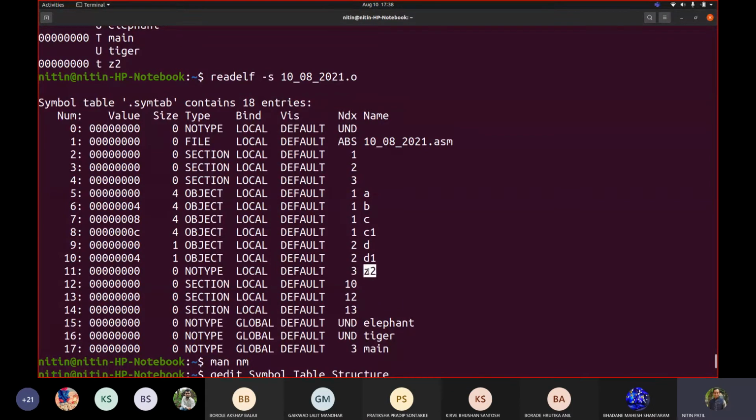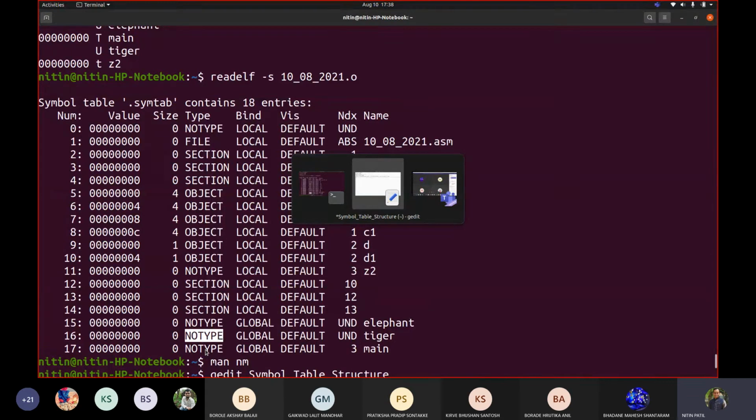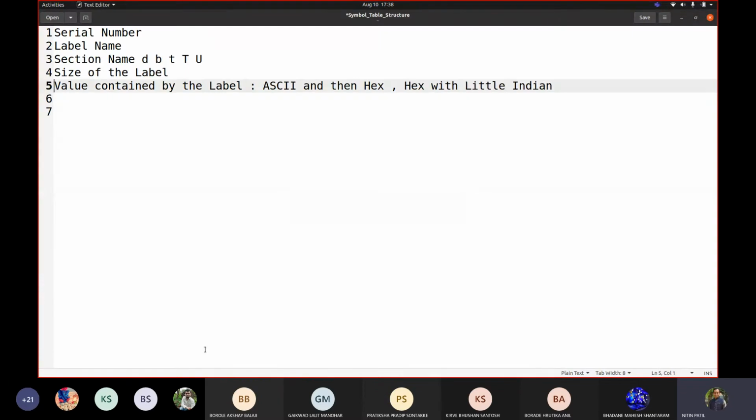Even the label Z2: each one of them has its type as no type. So when we said size, even the size column you see over here is 0. That means, when it is a label, no type is involved and the size is 0. Here you have to differentiate the size of the symbol or label.